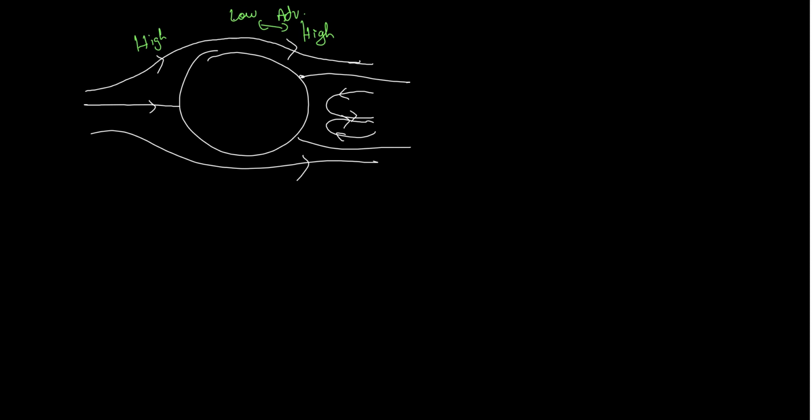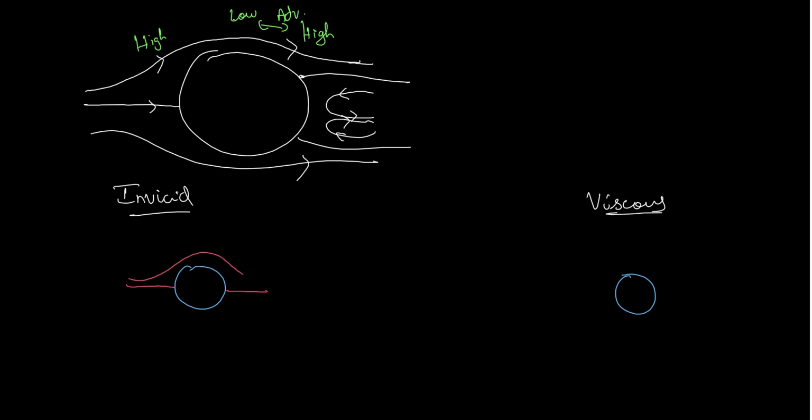So suppose I take two columns here. I have inviscid and I consider this to be viscous. Assume I have the same right circular cylinder here, and the same right circular cylinder here. If I consider this to be an inviscid flow, this is how the flow should look. There should not be any flow separation, because that happens only when a boundary layer exists. A boundary layer exists only when we assume viscous flow. The diagram is not exactly correct, but I hope you get the idea.